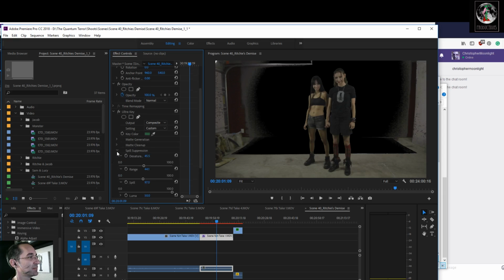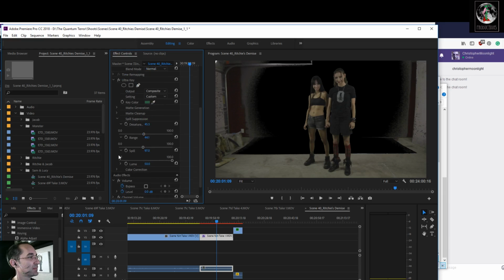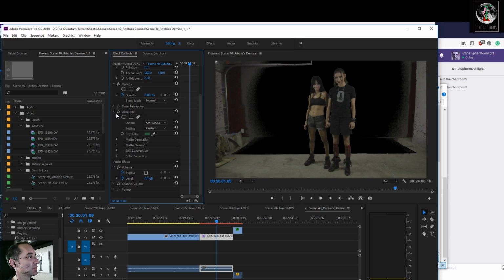Let's see. Oh. Let's go into matte cleanup. We don't want to choke it too much, because you see, if we choke it, you can see the edges of Kristen and Paula.